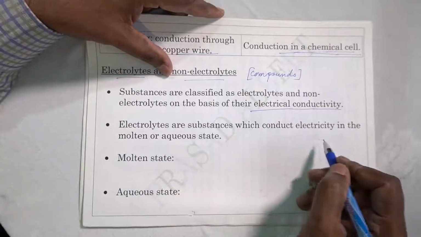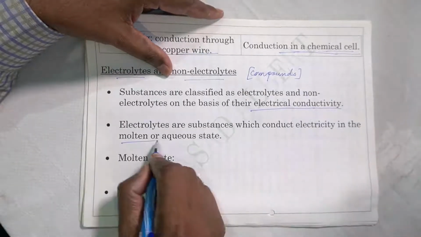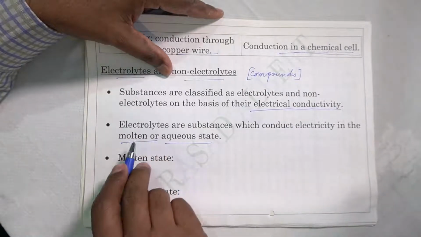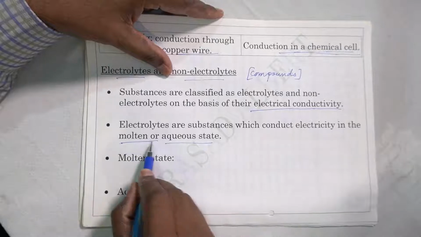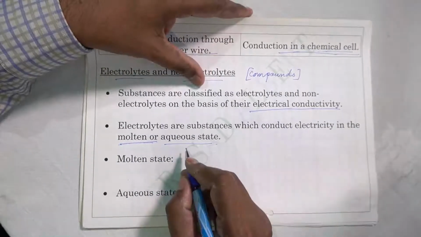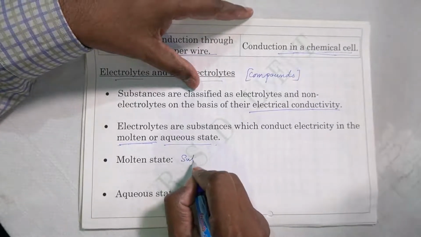Electrolytes are substances which conduct electricity in the molten or aqueous state. Please emphasize the state. Electrolytes means we are talking about the substance in the molten state or aqueous state. What is molten state? We have already discussed, and once again we will see here, molten state means substance